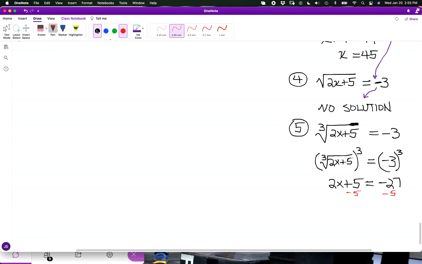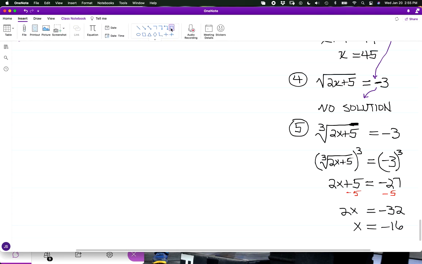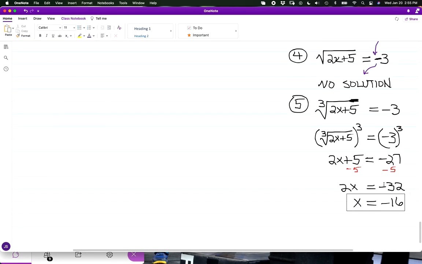And so for what we're going to have here, taking 5 away from both sides, you have 2x is equal to negative 32. And if I divide both sides by 2, it's going to turn out that the value for x is going to be minus 16. Okay. And tell you what, just for the next few moments, if we look at solving for x,